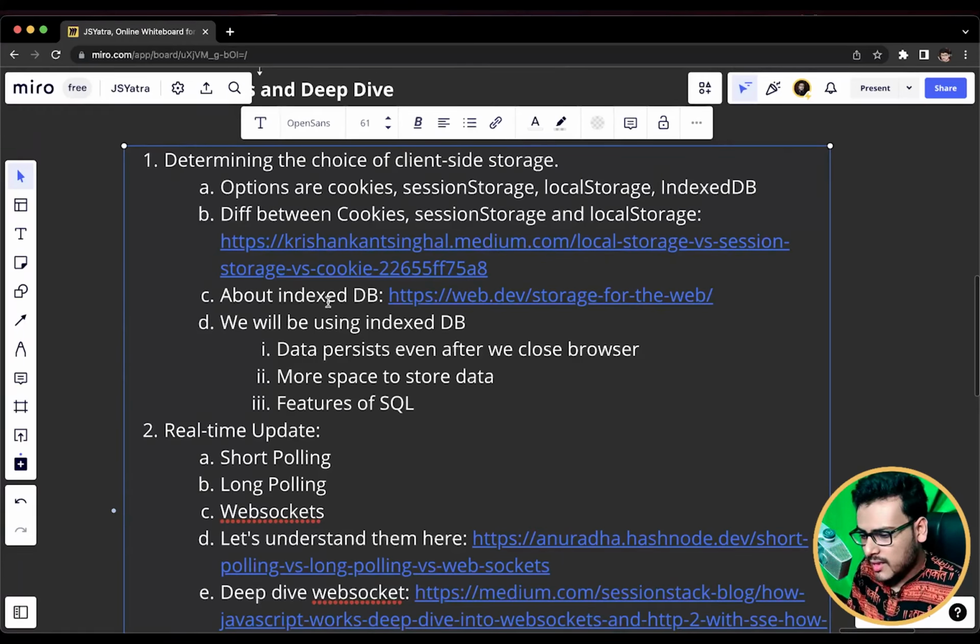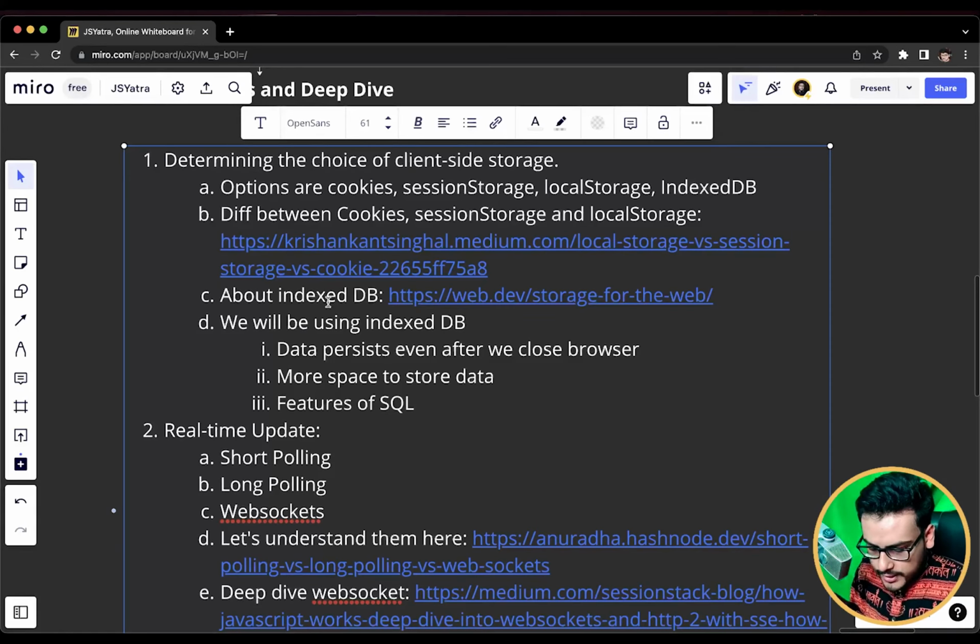Trust me, you learn this concept once and you can execute it across various system design questions. That is what this JS Yatra is all about, and this is why I have created this course. I have picked up questions, and explained topics with the help of those questions, how they fit, and once you understand these concepts, you can apply them on any question when the situation fits according to the need.